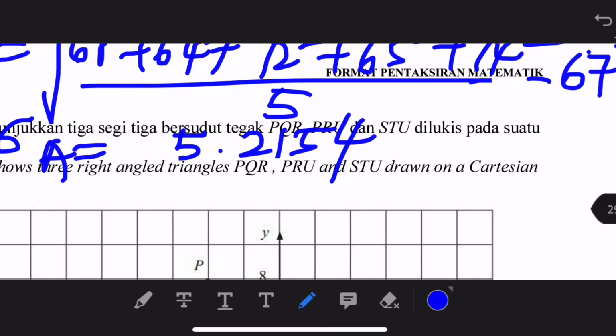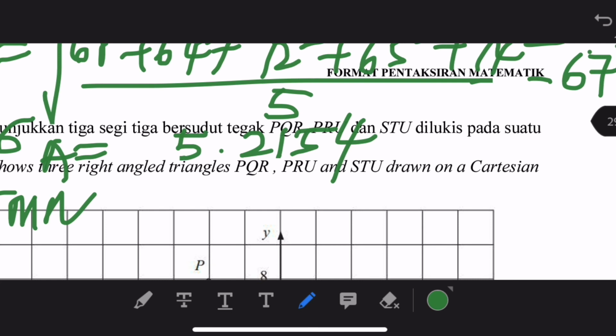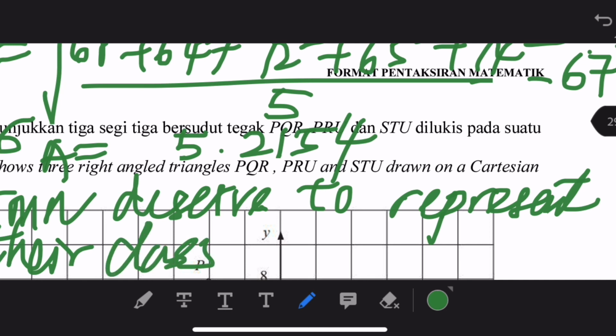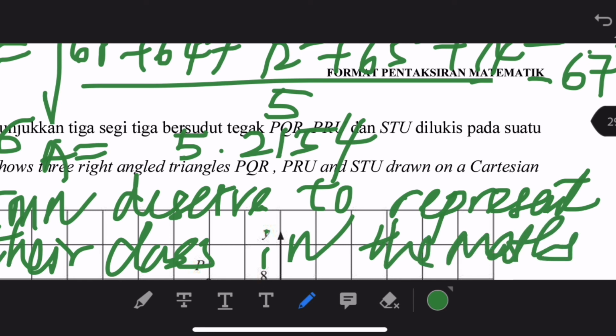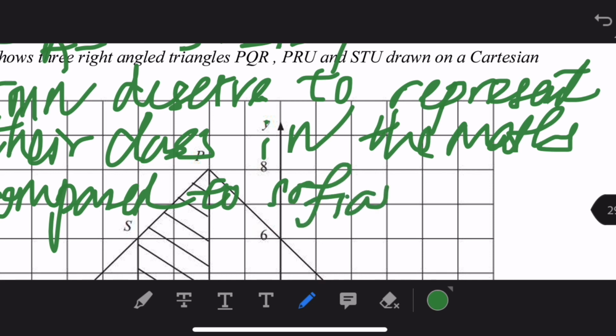So the conclusion is Armin deserves to represent their class in the maths quiz, compared to Sophia, because